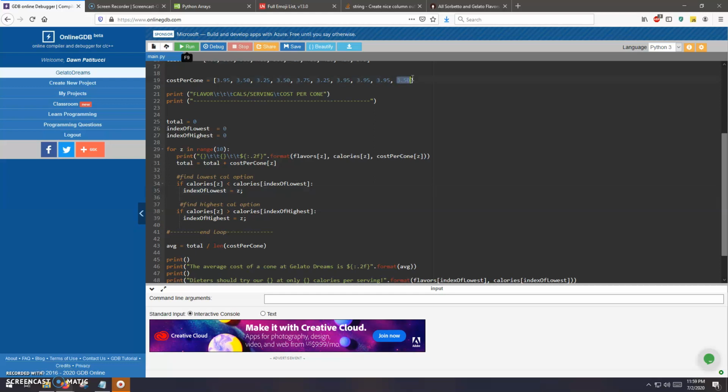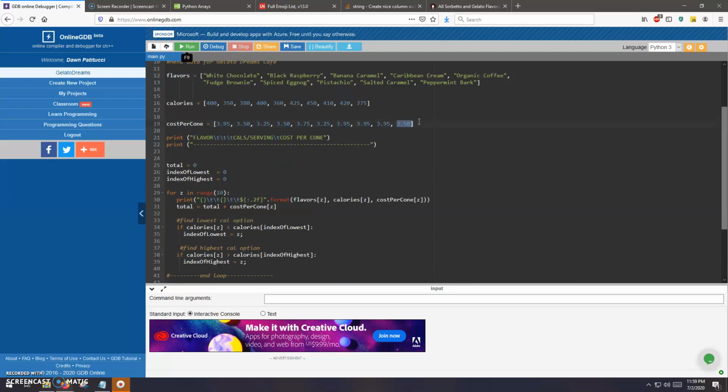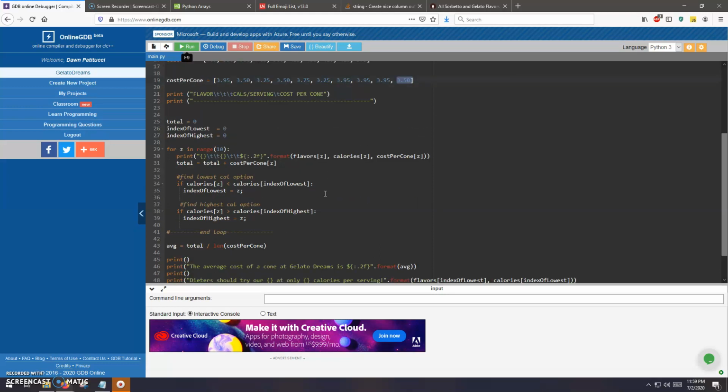Oh, actually, there's one at the last one is also, oh no, I'm looking at the prices. No, the black raspberry really is the one to beat. So it's going to loop through the rest of them and look at the calories and try to find a lower calorie option, but it ends up not finding one, so it becomes black raspberry. So for the high value, the high calories, we're doing the same thing, but really just flipping the sign,